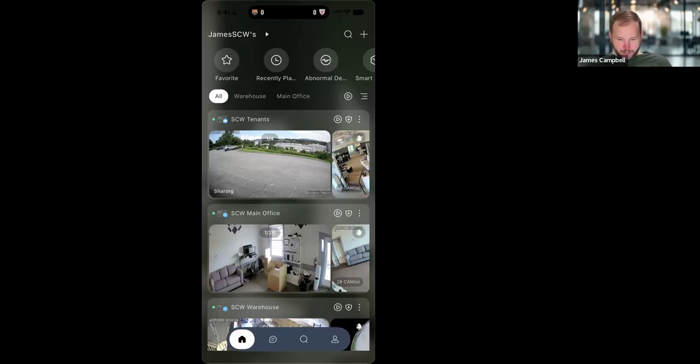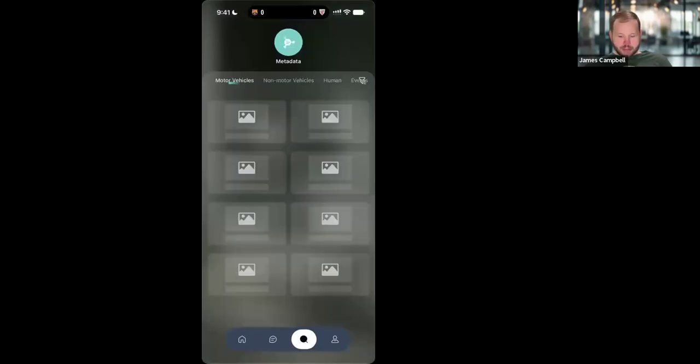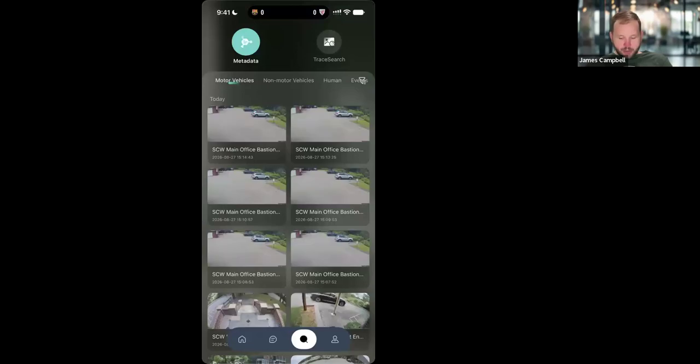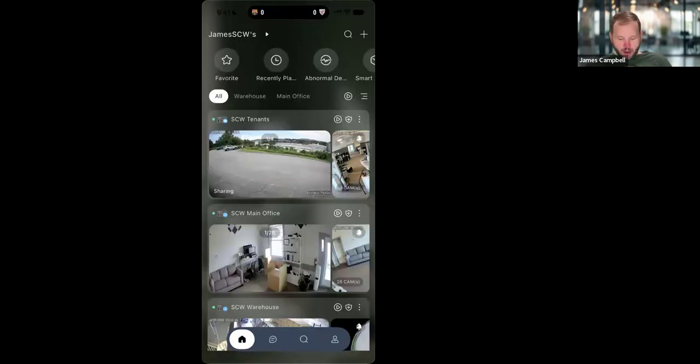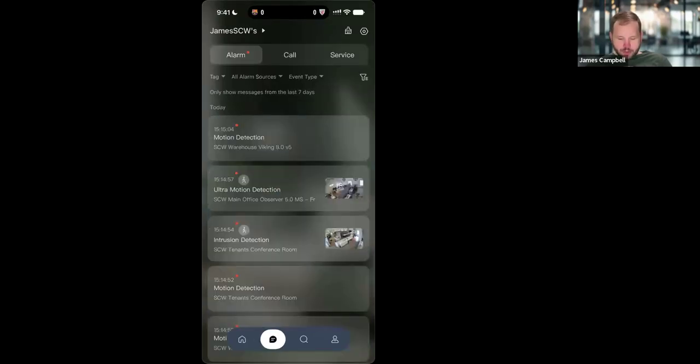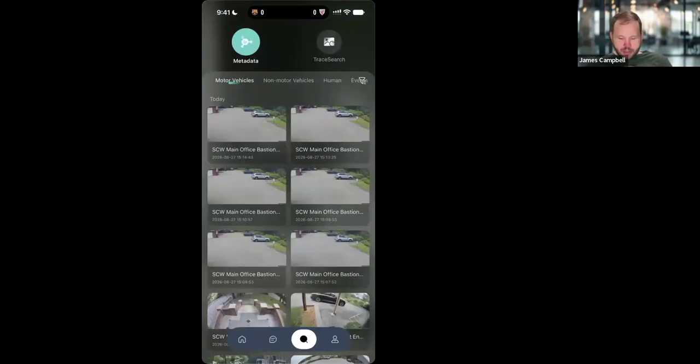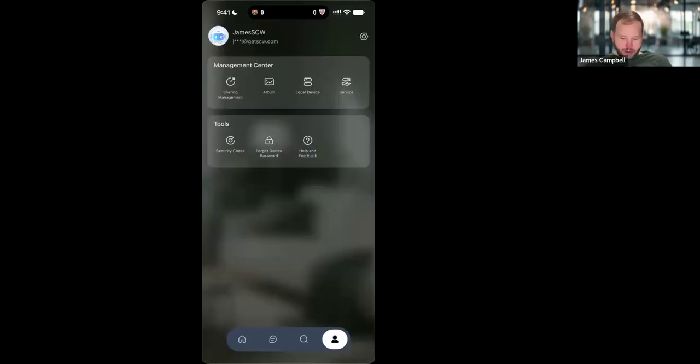All right. So the next section that I want to roll into is the searching section. So when we look here at the bottom menu bar, you'll notice we have four new icons. We have the home screen, which is kind of the selection screen. We've got the alarm section. We've got the search section, and then kind of where you log in and adjust your devices,